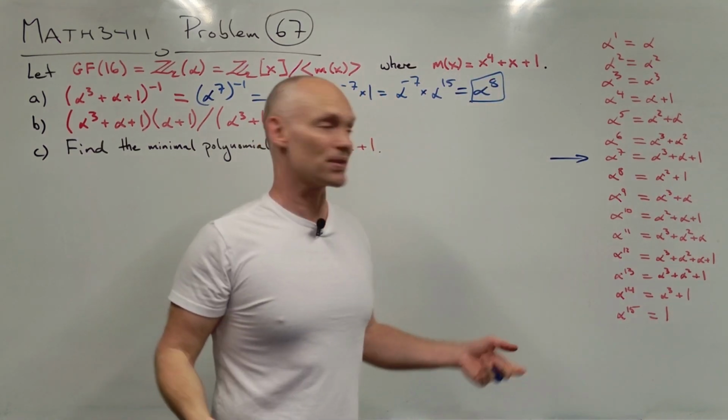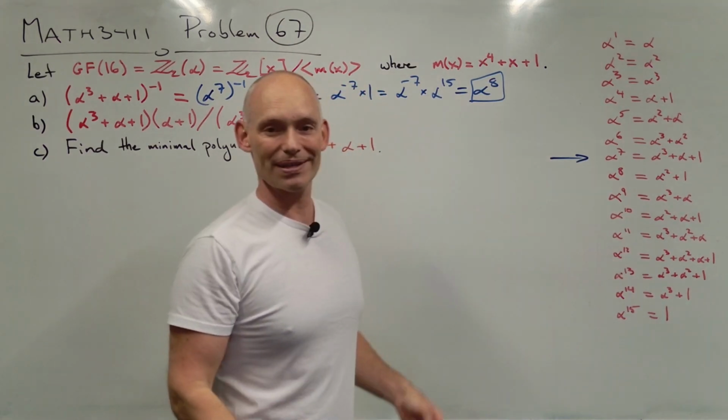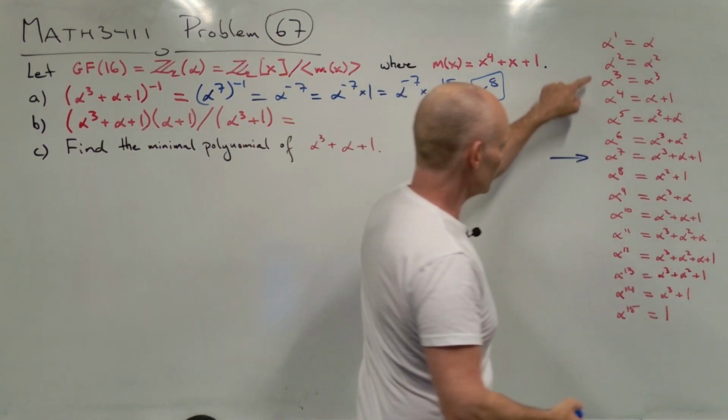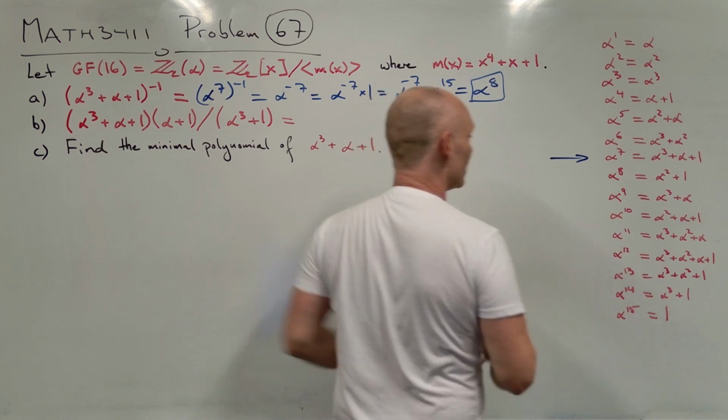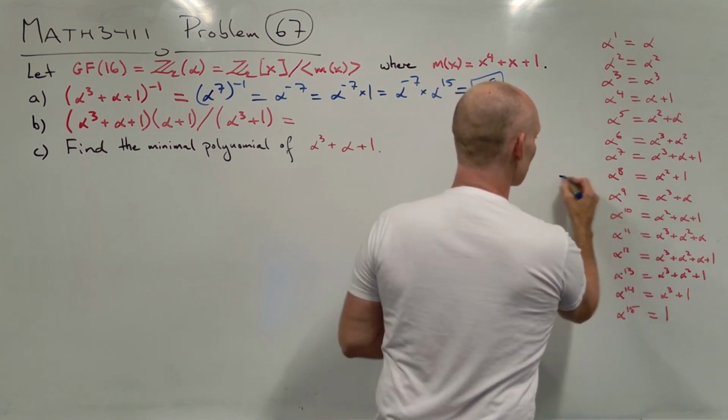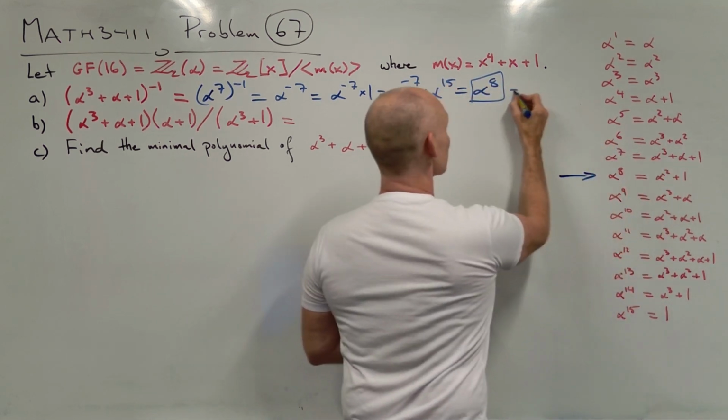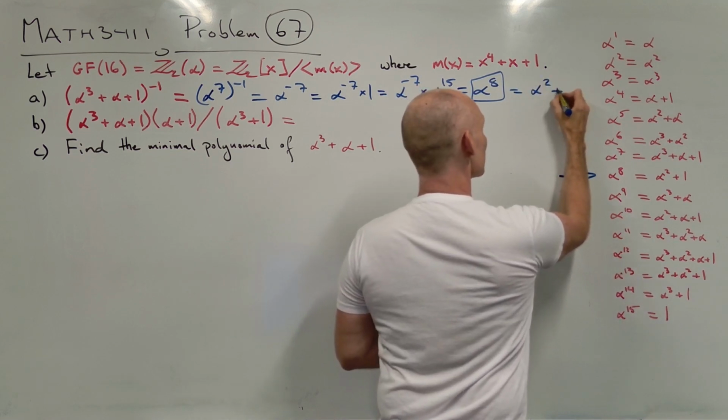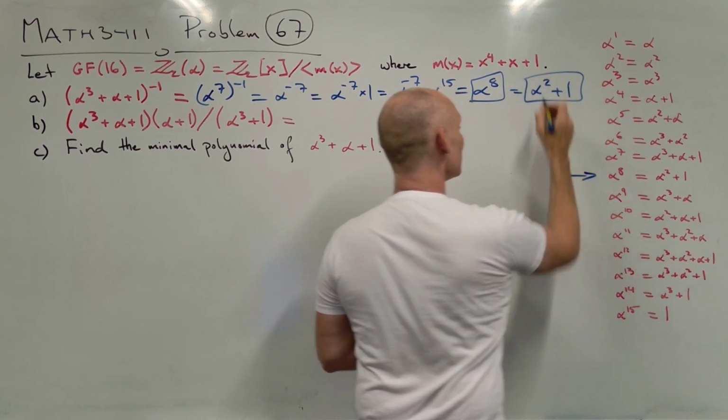well, you could also express it in terms of one of these polynomials that has degree less than 4, in which case we could use our table again and see where's alpha to the power of 8. Well, that's here. And that gives us another way of expressing the solution, which is alpha squared plus 1. And we are done. So you see,